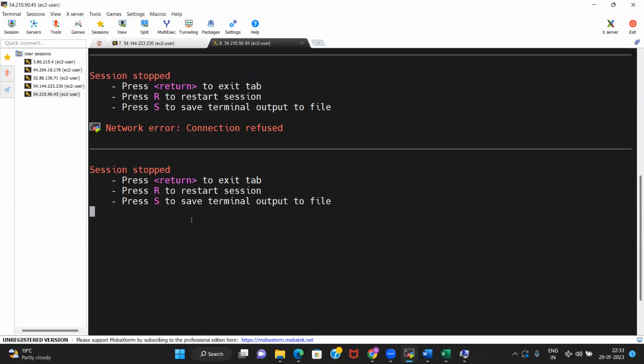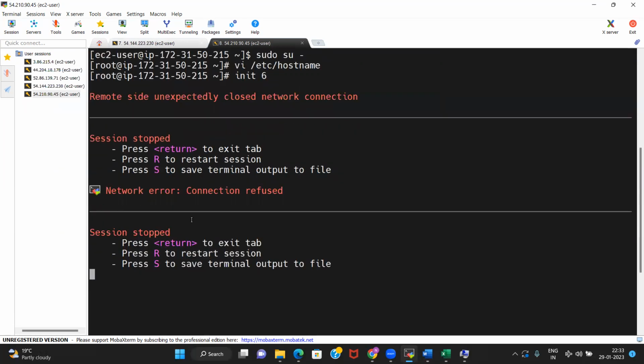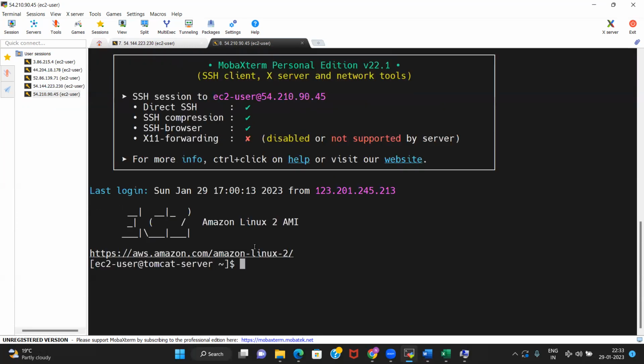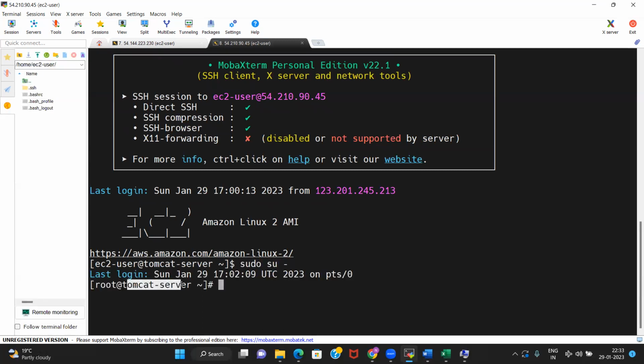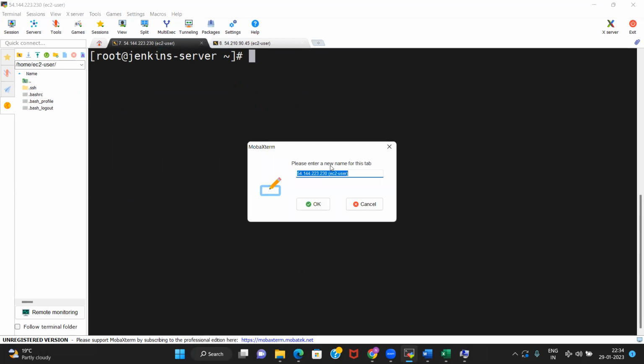This may take some time, but it will automatically restart as well, even if we do not do this. But now it is done, restarted, and you see the name as Tomcat server here. Okay, so now what I have done, I renamed the server, right? Hostname, I named it to something by which we will be able to distinguish. Here as well, I can do the rename, but this is a temporary thing. I can name it as Jenkins server.